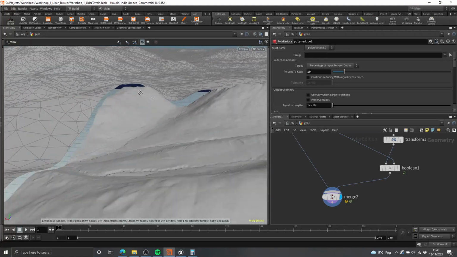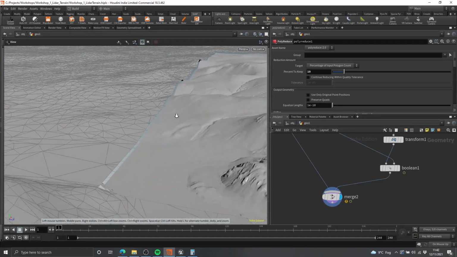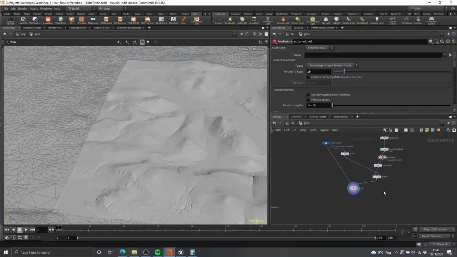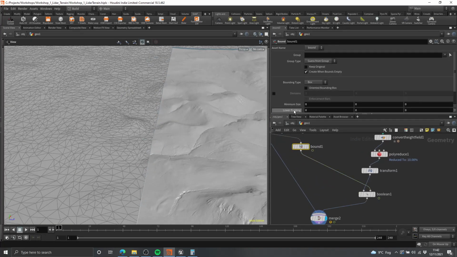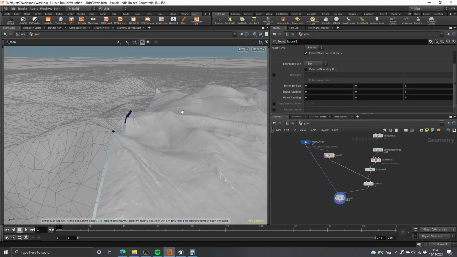Okay, so it's not perfect, but it's starting to get quite close to being a good match, but we can do even better than this. So let's take this one step further. First off, let's go up to this bound node and do some inverse padding on each axis, and I'm going to set that to be